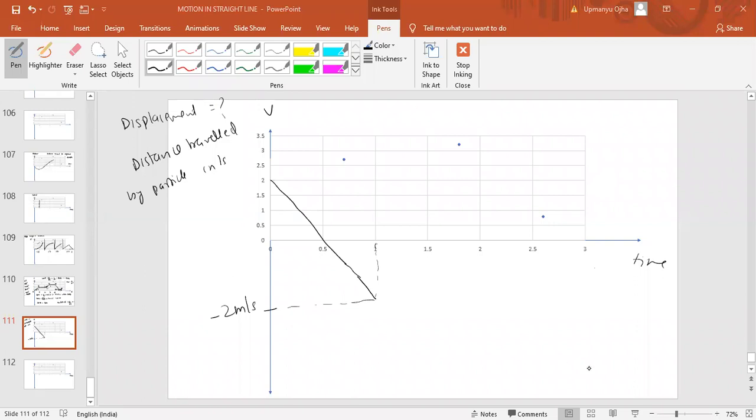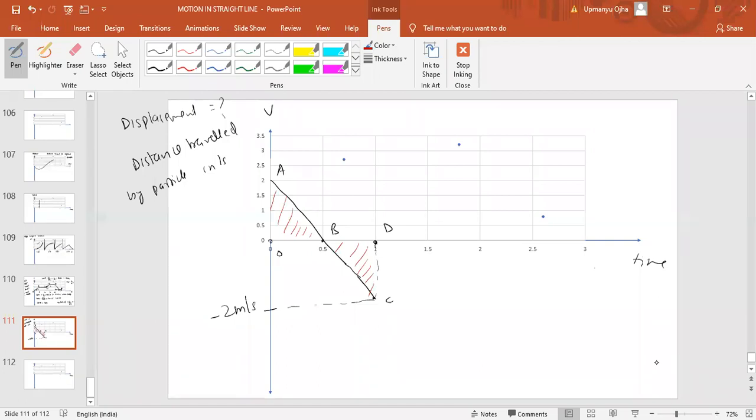Okay, see, what is displacement of this graph? Displacement is the area under this graph. Okay, can you find the area under this graph? So if we look at this, can I name this? This is O, A, B, and C. This point we can call D. So total area under this graph will give us what? The displacement here. Okay. So total area will be what? This area plus this area. The area under this graph will give us the displacement of the particle.